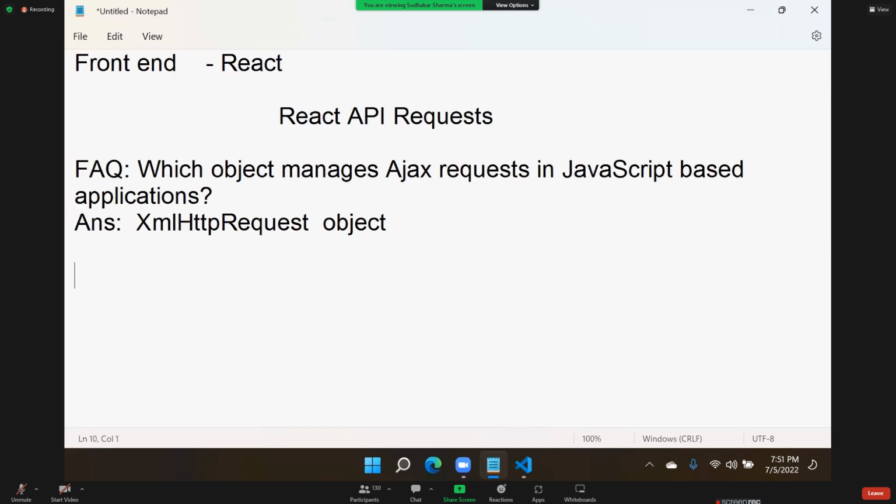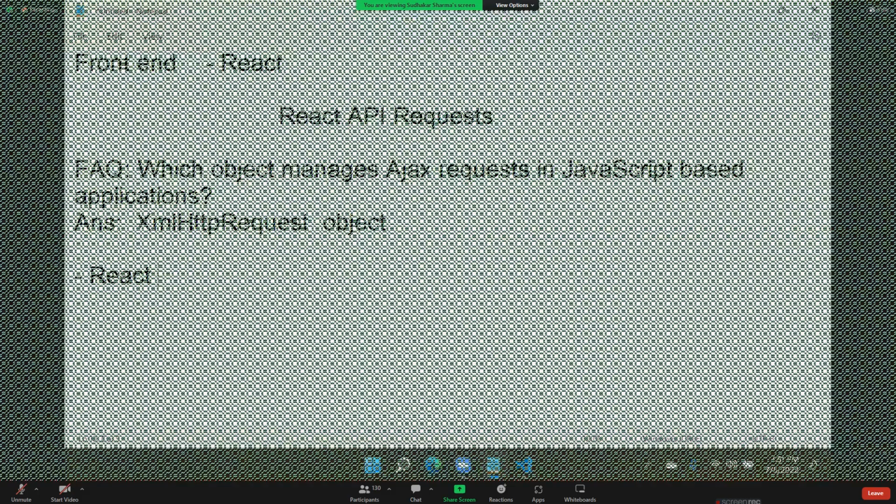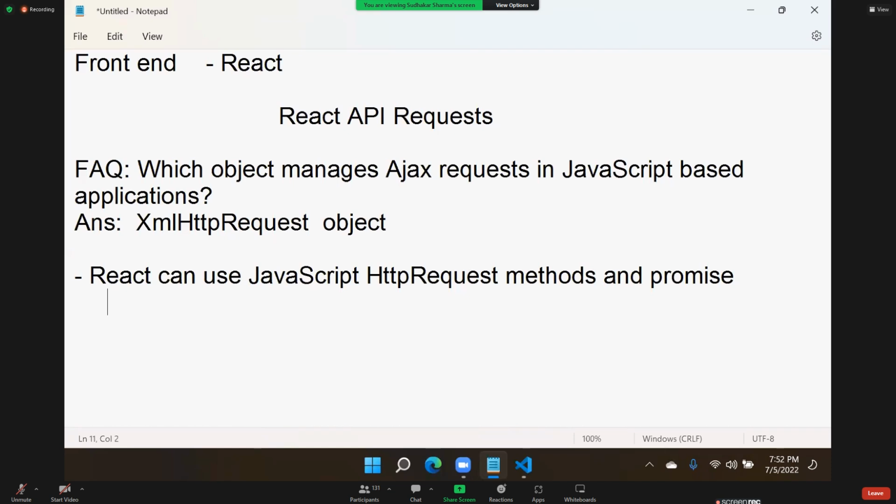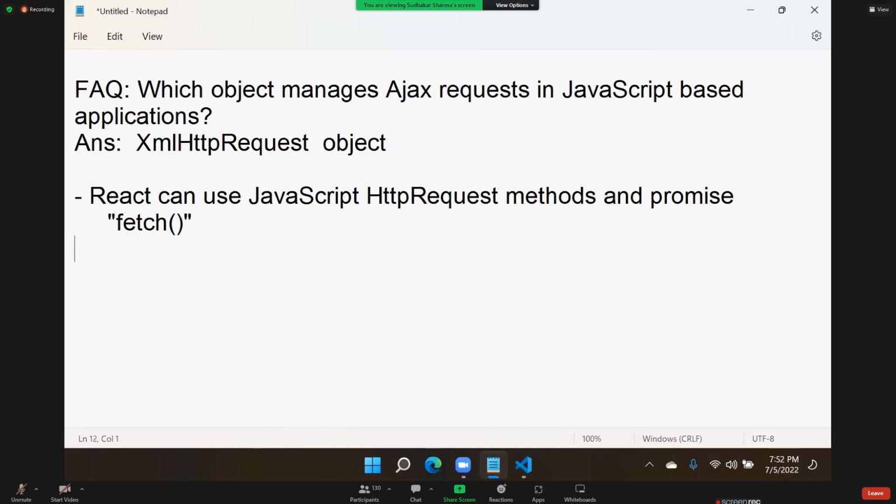Now React can use JavaScript HTTP request methods and promise. So what is that promise? We have fetch. What are the problems in fetch? We can use fetch. By using fetch, we already saw communication. What are the problems in fetch? The issue with fetch is